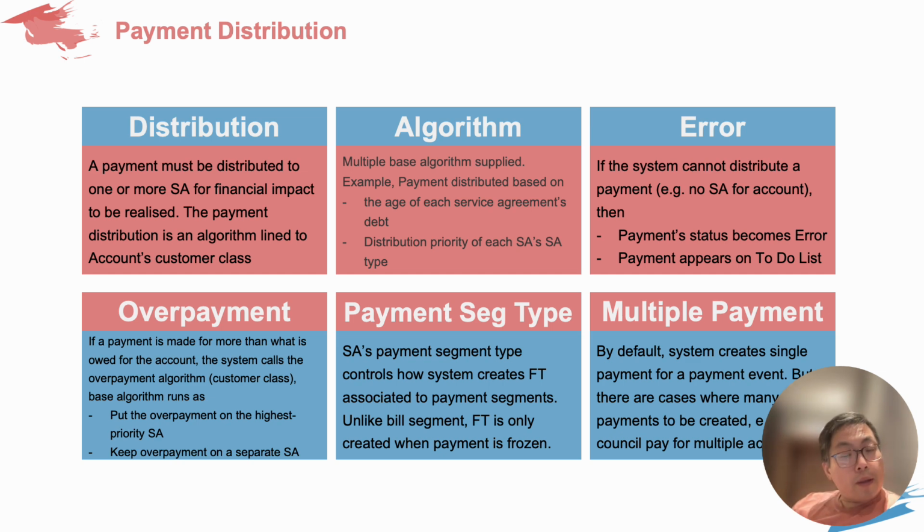Okay, so next, if the system cannot distribute a payment, for example, there is no service agreement on the account, then the payment status becomes error and the payment appears on a to-do list. Overpayment. If a payment is made for more than what is owed for the account, the system calls the overpayment algorithm on the customer class. The base algorithm either puts the overpayment on the highest priority service agreement or keeps the overpayment on a separate SA. Okay, that is really down to your business requirements. And